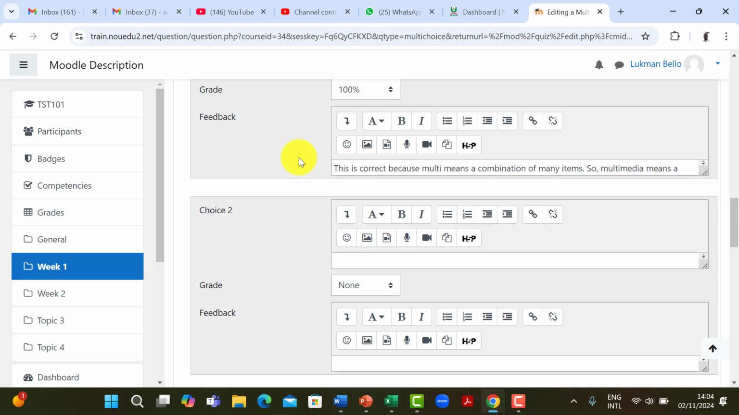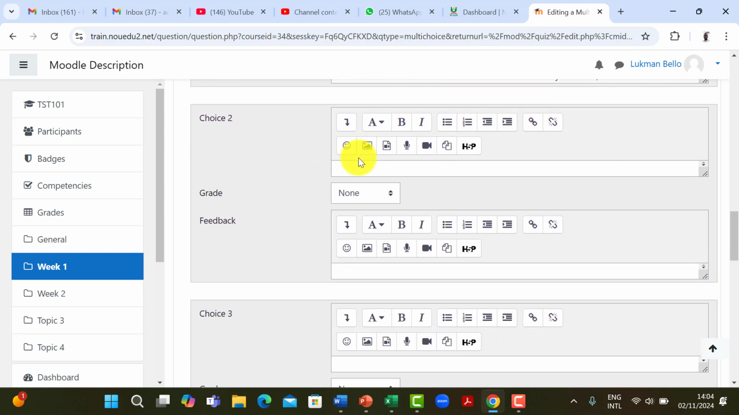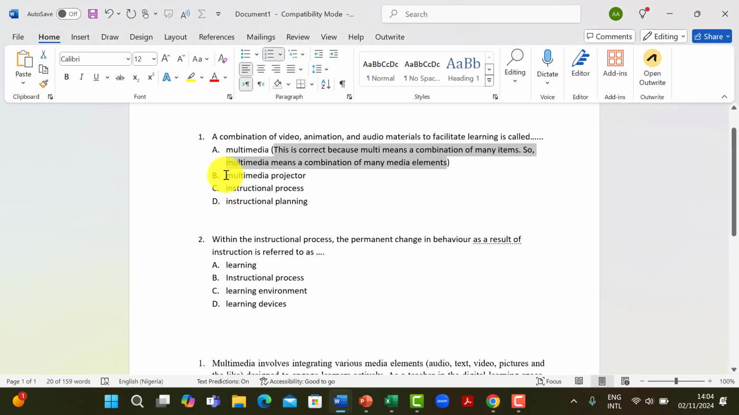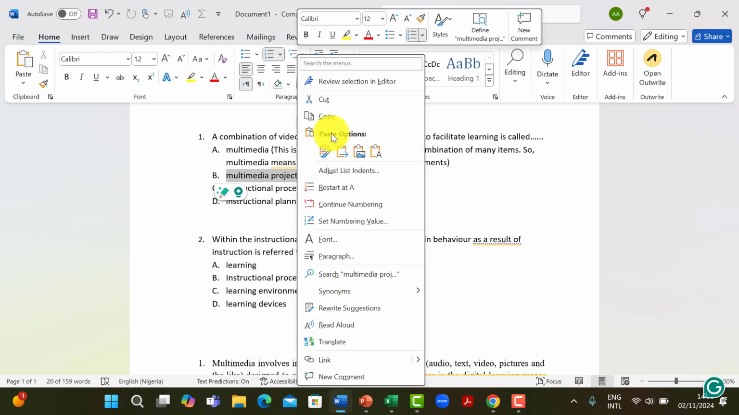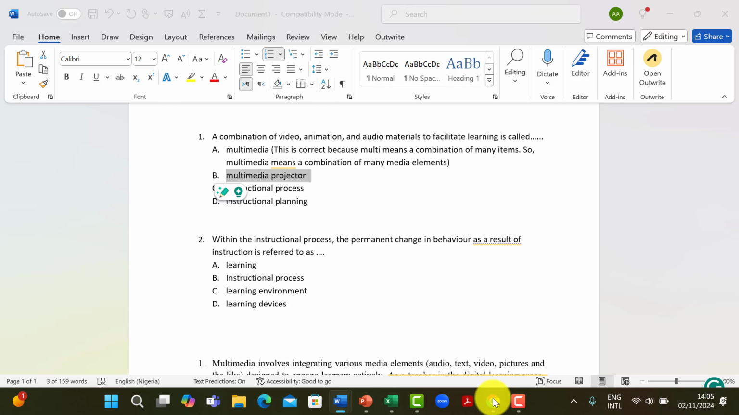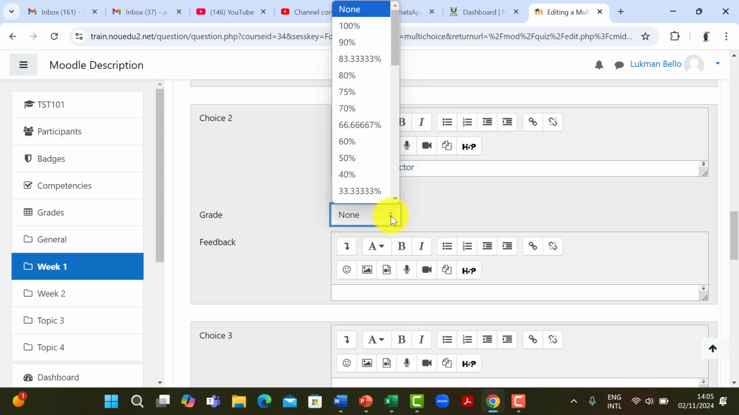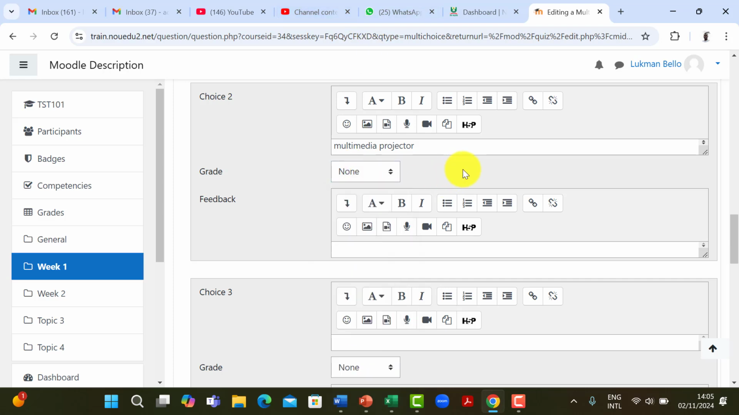Fine. And you do the same for other options. So for the other options, of course, you can't have two right answers. So you have one right answer, other options are wrong. So this choice 2 is here, and you're not changing this. You will put the grade on none. You can't put 100% because you can only have one answer. Okay, so you can also say this is wrong